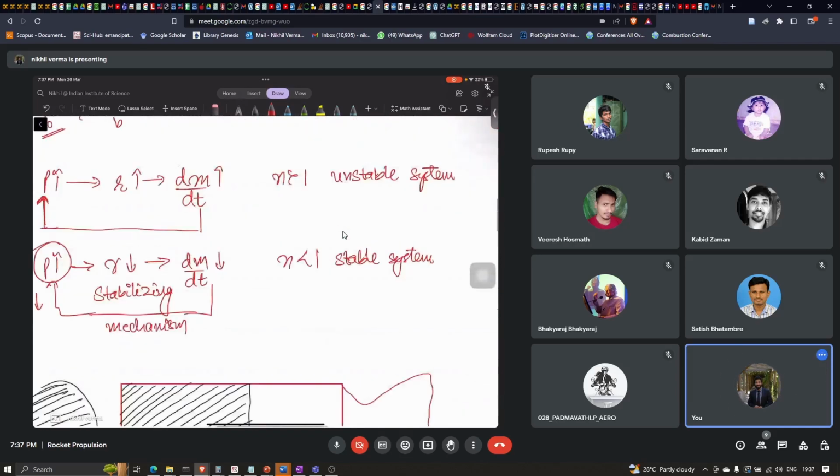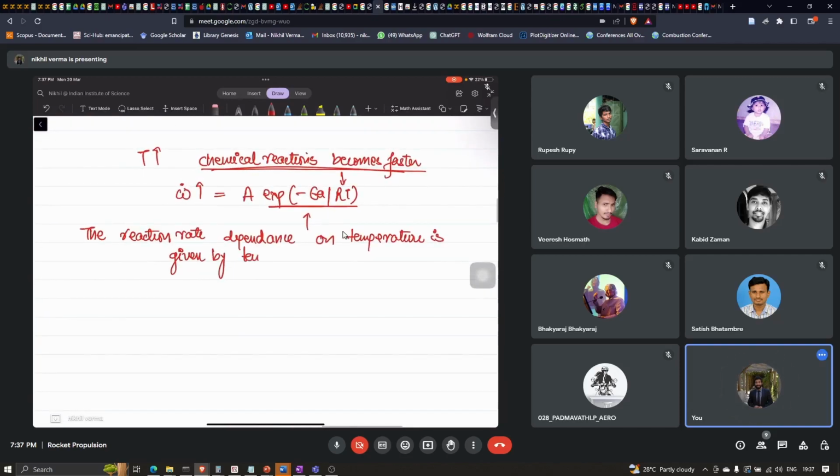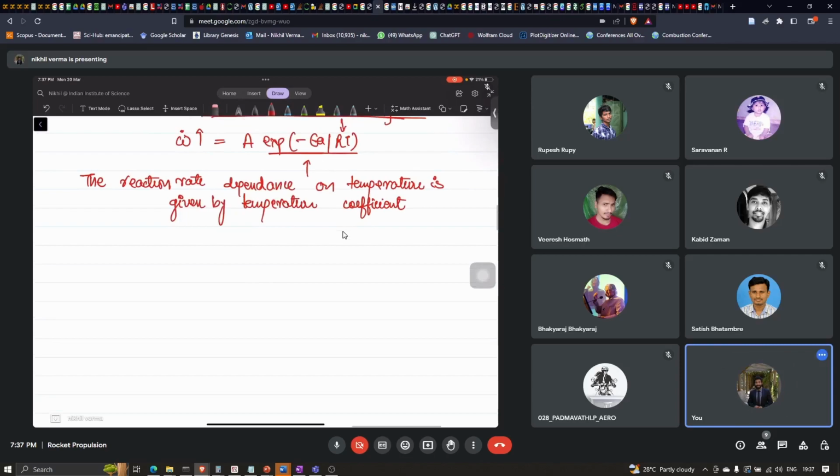This is known as the temperature coefficient, and it depends on the composition of the propellant. This alpha T is given by 1 by R dot, d ln R dot